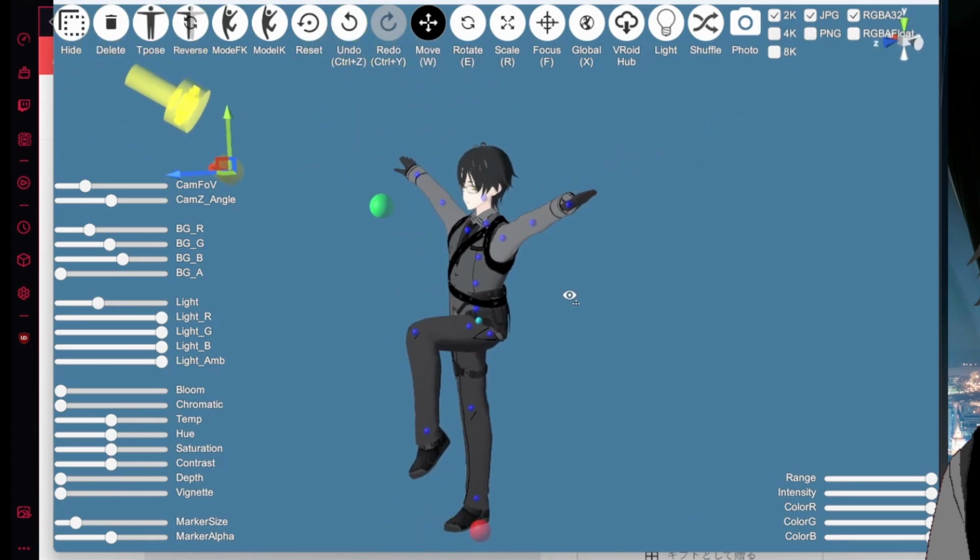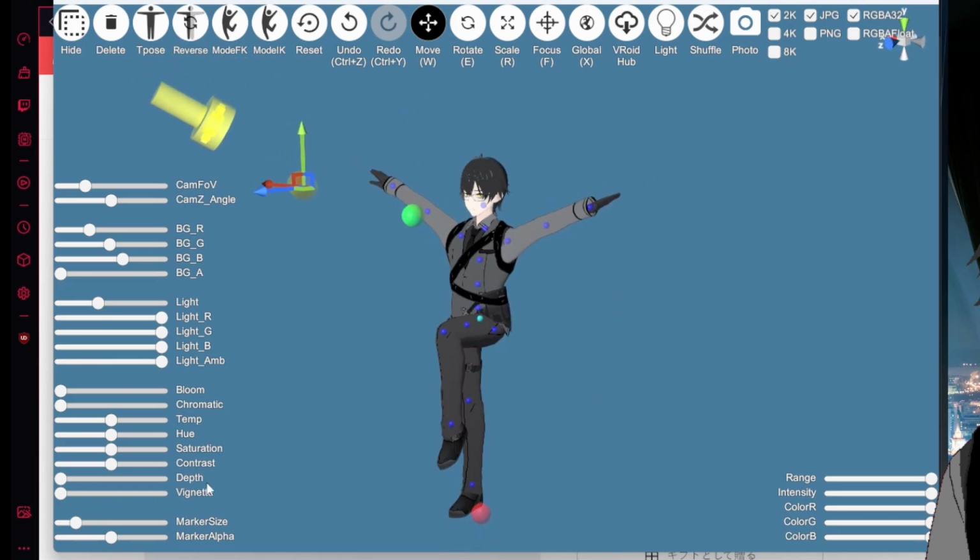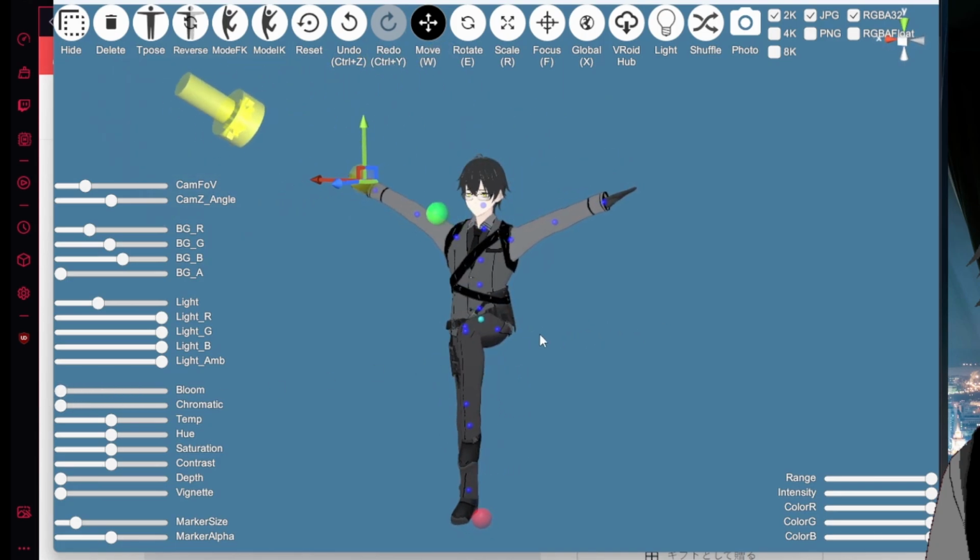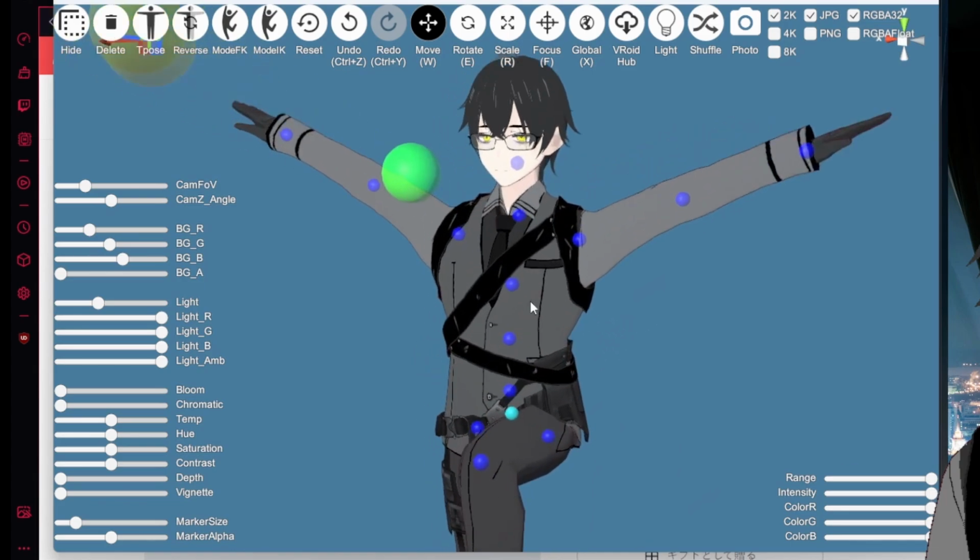If you're satisfied with this pose, there's also an effects tab here. You can do depth of field, blur, vignette, temperature, chromatic if you want to put that, and bloom. Make your model shine brighter like a diamond. But yeah, this is how you